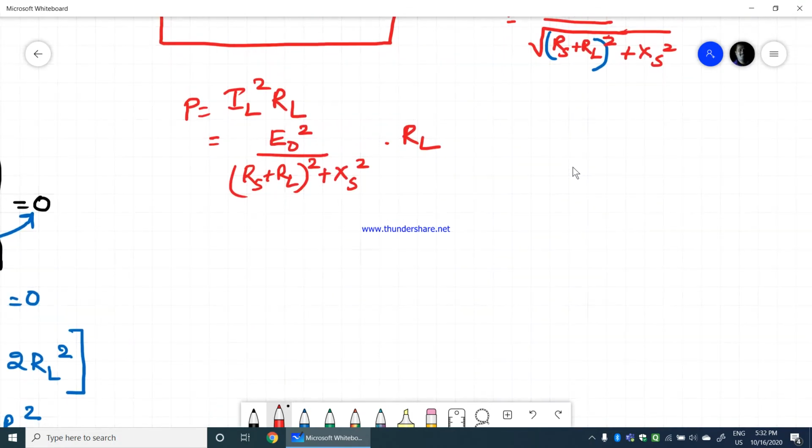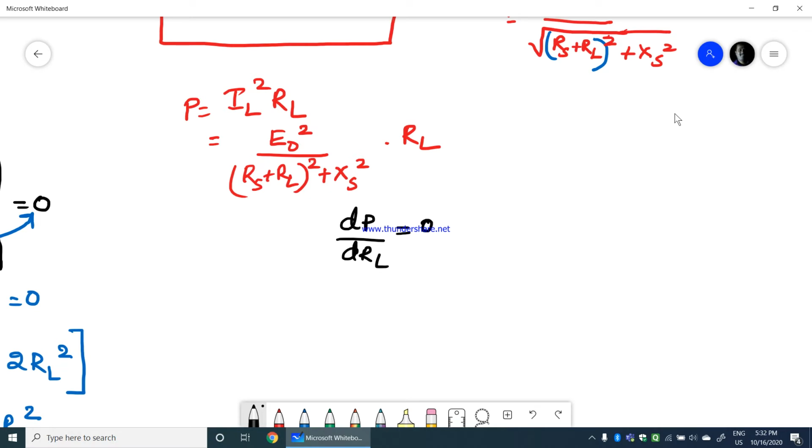So now, as usual in the previous derivation we did, in the same way we differentiate P in terms of RL, because even now RL is varied to make power maximum, and the condition for variation of RL, equate what we will derive at the end. Earlier we equated RL to be equal to RS, so you varied RL, equated that to source resistance, and we got power to be maximum. Here now again you are varying RL, and you are equating to a term which we are going to derive now. We get that condition now. Okay, so you equate that to 0.